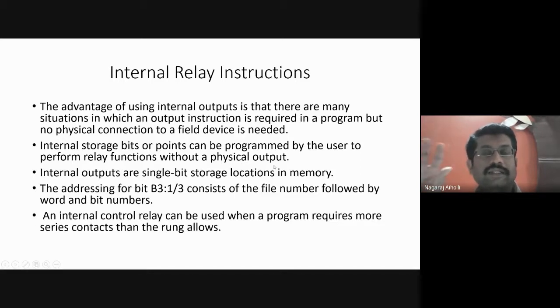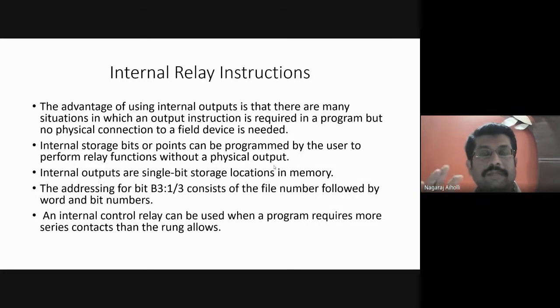That is, we are getting the output, it is just meant to, suppose you are connecting a relay, the relay may be on or off. Suppose you are connecting a pilot light, an indicator, it may be on or off. It is just to see the status of the output, but not to control the field device. The user can write a program in such a way that whatever output is obtained is meant only to check the status, but not to control the field devices. These internal outputs, as I told, occupy a single bit in the memory location. They occupy only one bit space in the memory location.